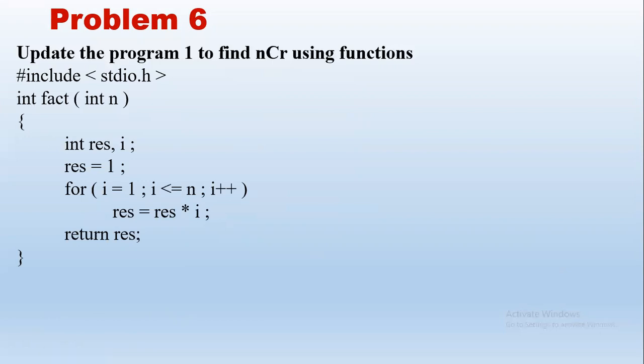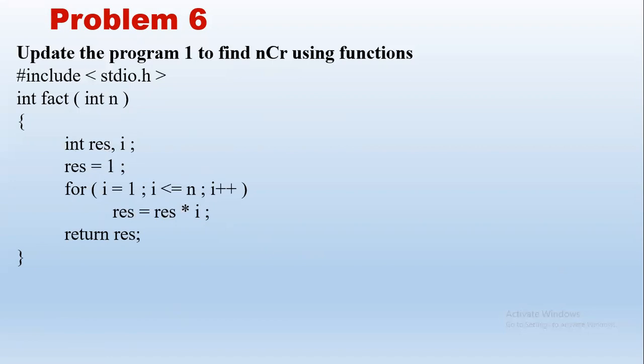It will work similarly. So this is the definition of the factorial, like we know. We have declared one result, int n, and the n value we have passed. So this n is simply a variable, a formal parameter. It may take the value as n or r or n minus r. Whatever we pass as the value, it gets copied to the formal parameter. This logic is for finding factorial: result equal to 1, result equal to result into i. This logic is similar to the ones we have just executed, problems 2, 3, 4, 5. Same logic to find factorial.